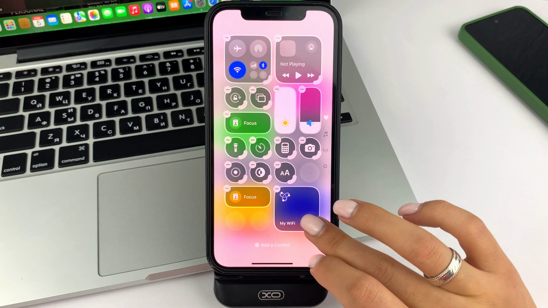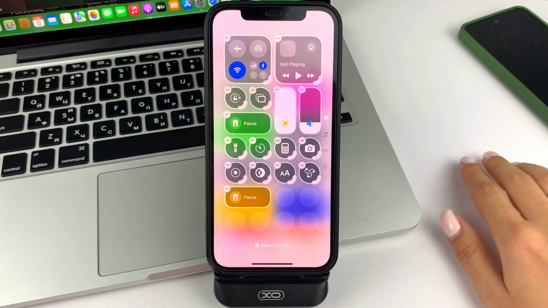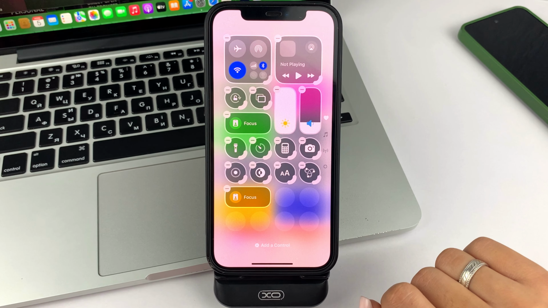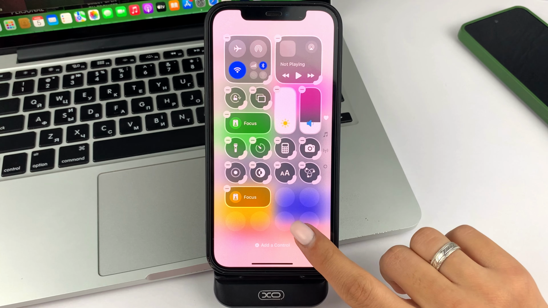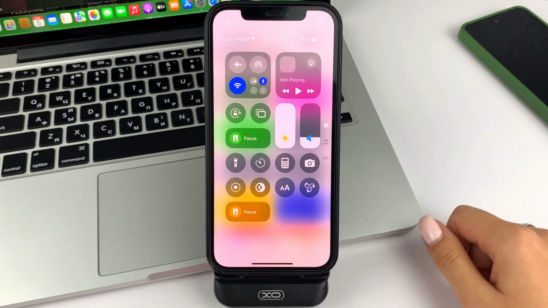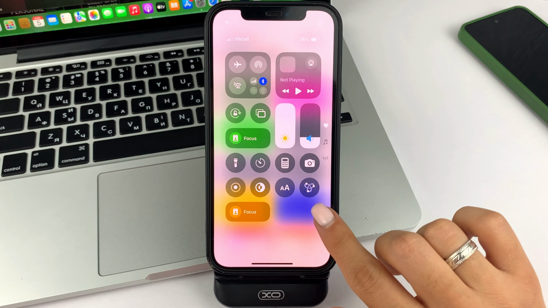And here you can also change, let's say, its size, make it smaller or bigger, or drag it to the place you want. Once you've set up where you want your shortcut to be, just click on the empty box. And now, as you can see, such a shortcut will be added, and you just need one click to turn your Wi-Fi on or off.